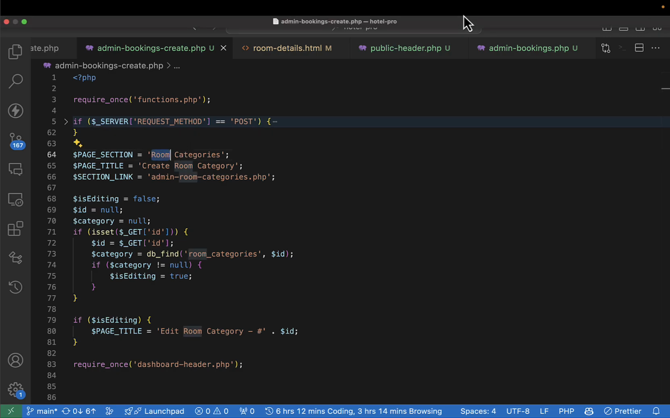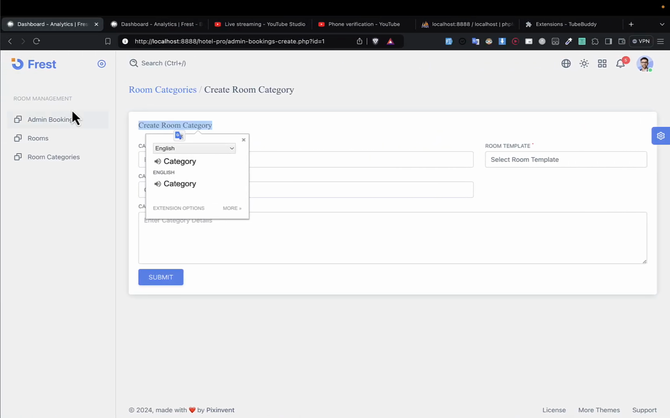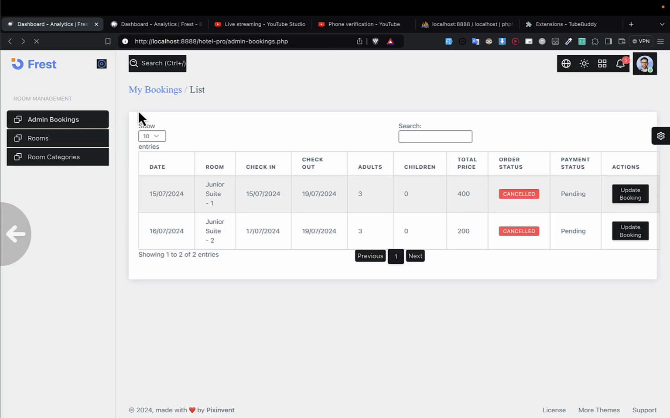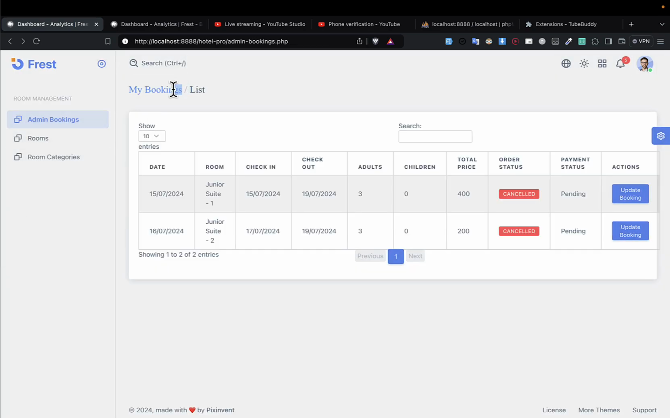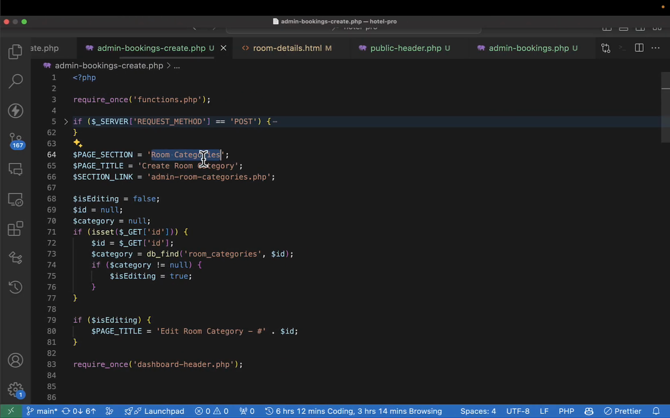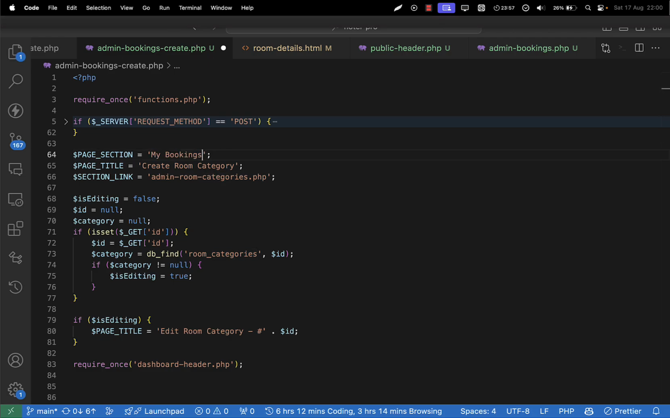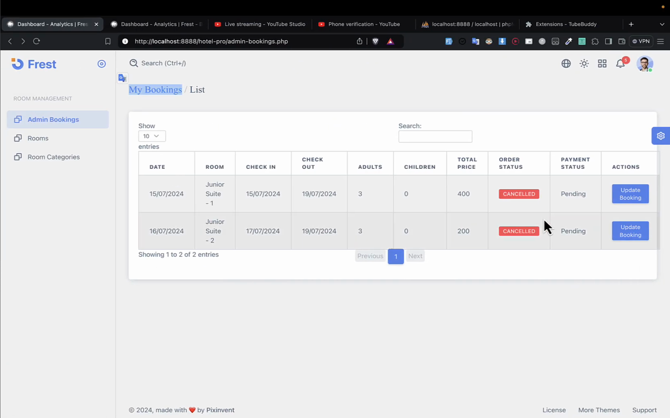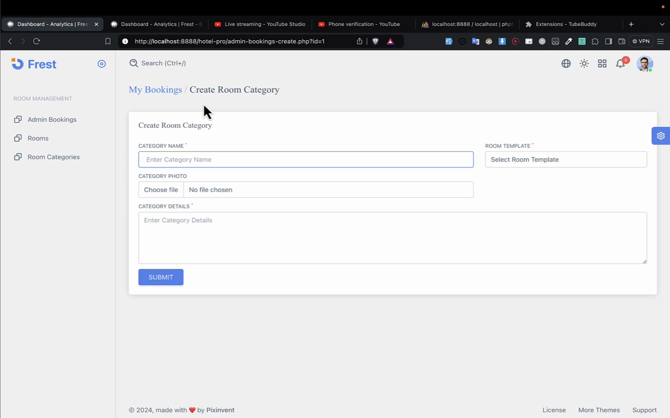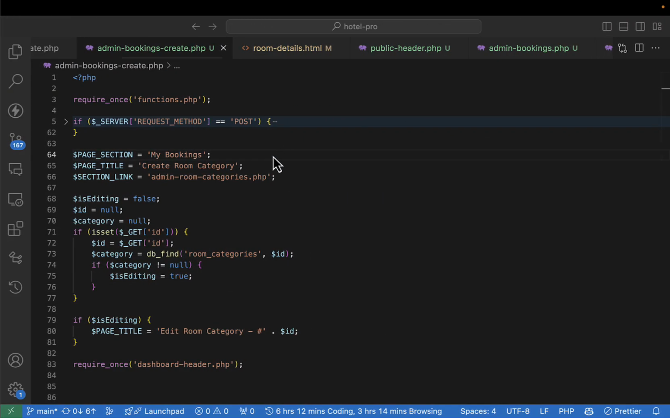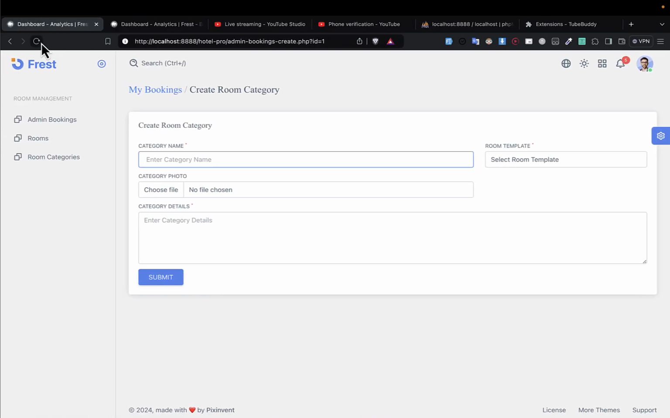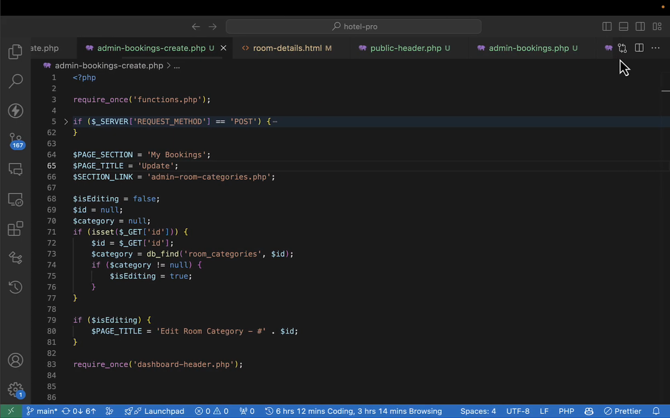The title of a section is going to remain my bookings, so I can put just bookings. Okay, so the title can remain bookings, the section, and if I refresh here, it should be my bookings, and then the subtitle can be update booking, or can just simply put update, something like that. So if I refresh here, see update, you can say manage booking,